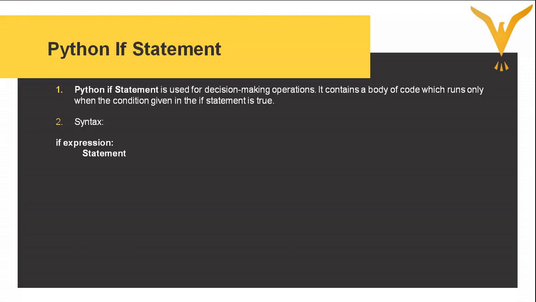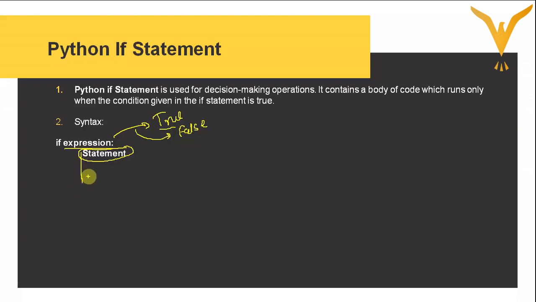So as you can see, expression over here is nothing but your condition. Okay, so this particular thing is nothing but your condition or expression. So this condition can either be true, or it can be false. So if this particular expression is true, then whatever statements are written over here will be executed. So as you can see, there is a space over here. This is nothing but indentation, and this indicates that whatever I write in this particular line,